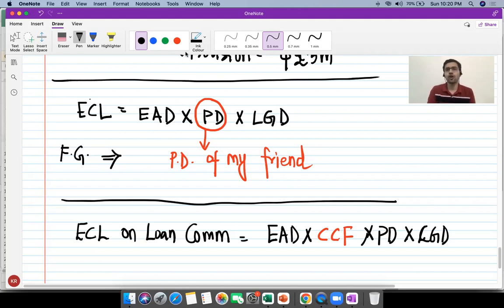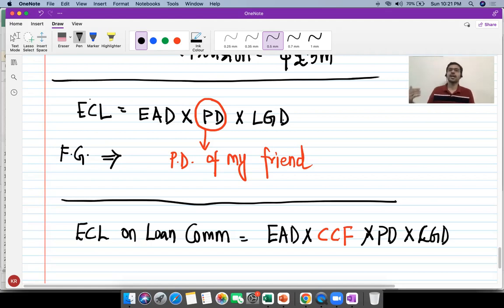Now, in case of an off-balance sheet exposure, there were two examples that I had given you. One was that of a financial guarantee. The other was that of a loan commitment. The formula remains the same. In case of a financial guarantee, the ECL is calculated as exposure multiplied by probability of default multiplied by loss given default. If you recall the example that I had given in the previous session, the example was